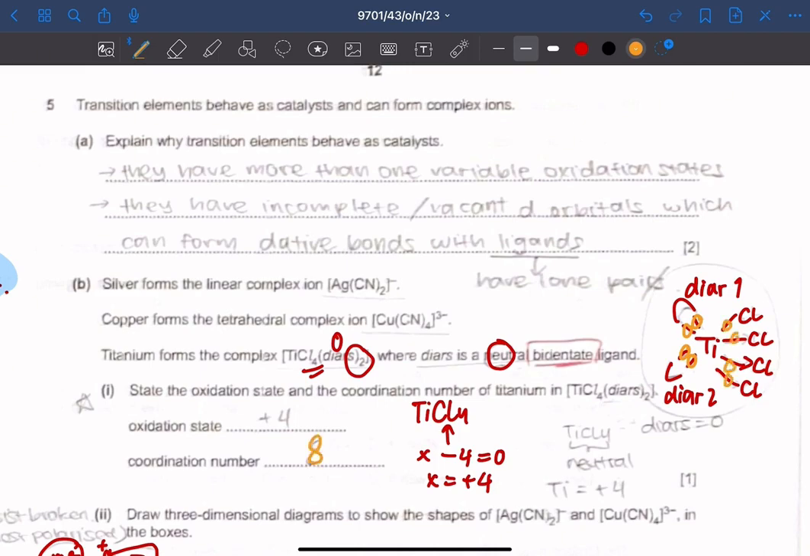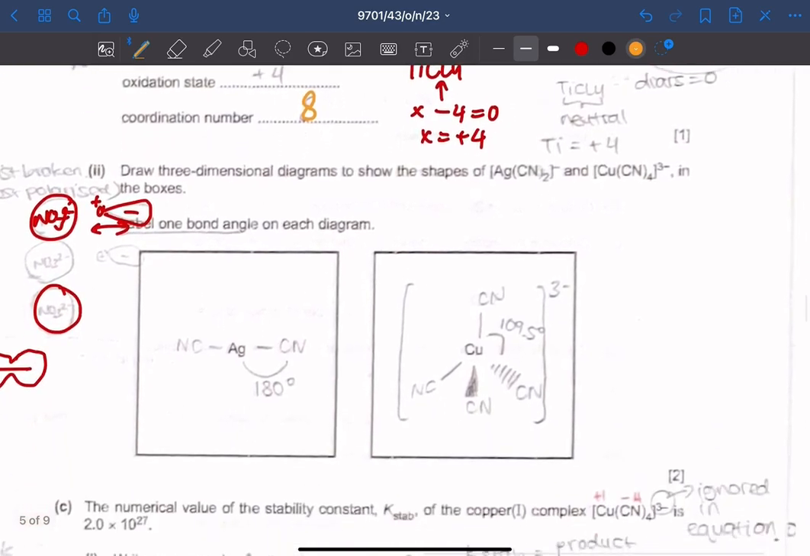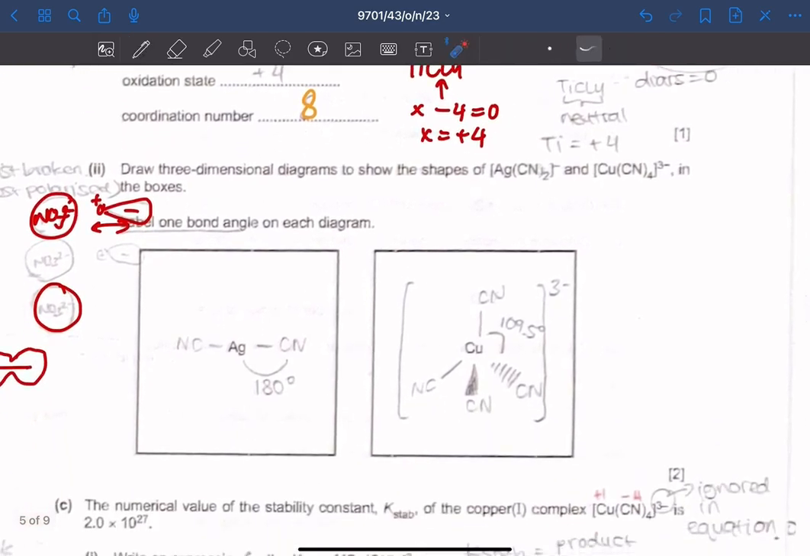II. Draw 3-dimensional diagrams to show the shapes of [Ag(CN)2]- and [Cu(CN)4]3- in boxes. Label one bond angle on each diagram. So first, we should already know that [Ag(CN)2]- is a linear molecule, and a linear molecule has an angle of 180 degrees, and you could also add the total charge, with an angle of 180 degrees. And for